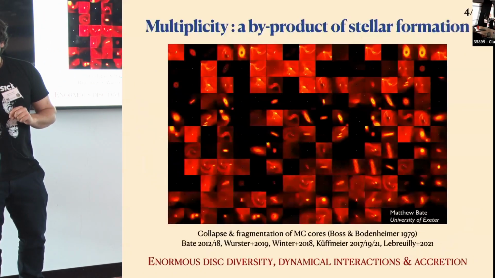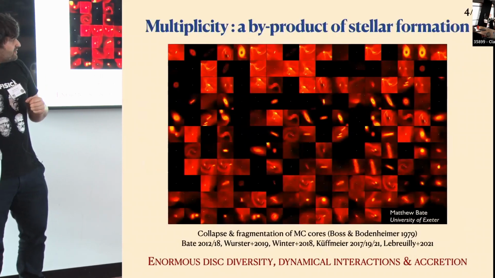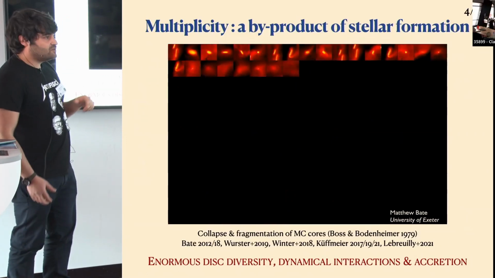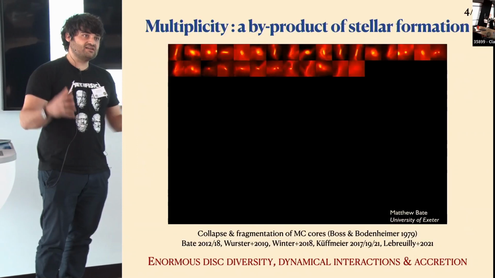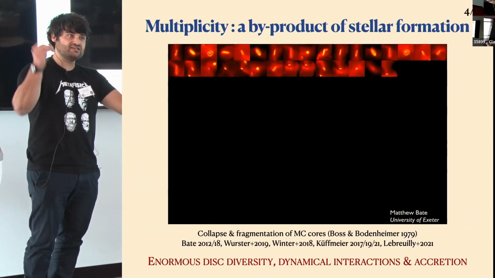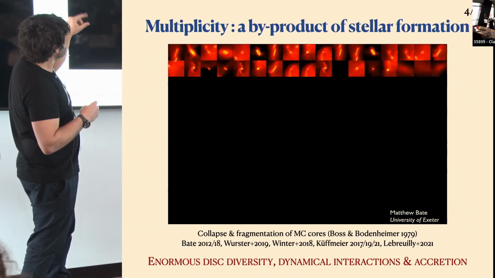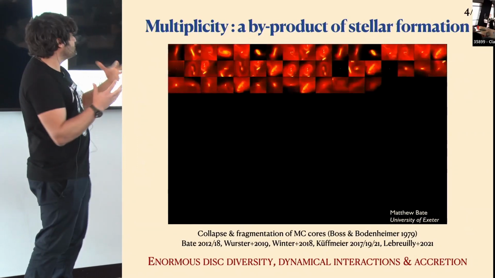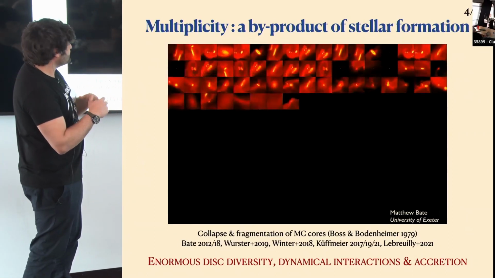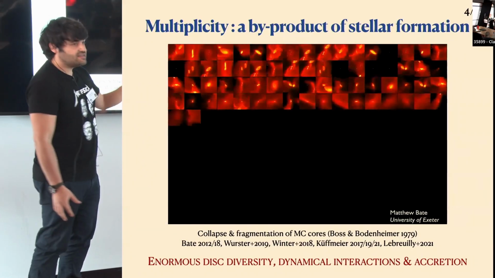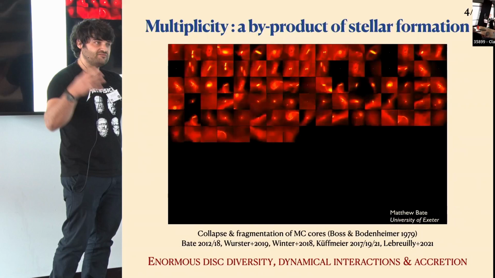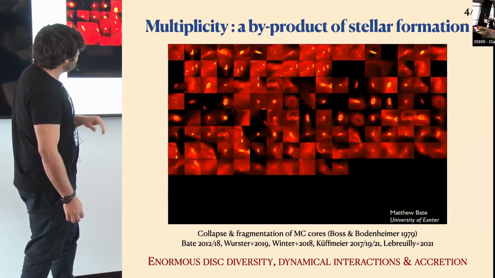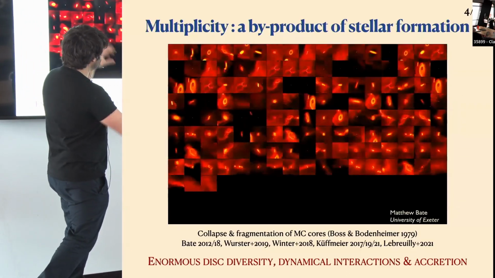All right. Then there is this very famous simulation done by Matthew Bate a few years ago at the University of Exeter. What he's simulating is basically the collapse of a very big cloud, and you see how stars form in that cloud. And as soon as you form a star, he starts plotting what happens around that star. You can see from this movie that stars tend to encounter each other. We have a very broad variety of multiple stellar systems where you have accretion from the environment. You have very misaligned architectures that form very early on. Stars encounter each other, exchange material.